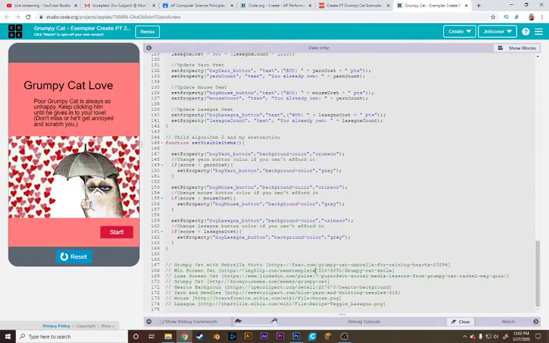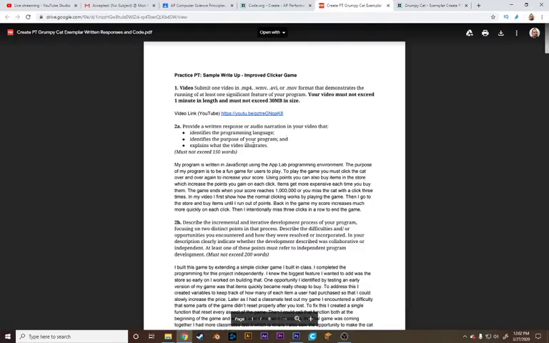And then down here at the bottom, they have a reference for where all of the photos came from. From what I understand, that's somewhat optional, but I think it is just really good practice in writing code to begin with. Okay. Now let's take a look at some of the written responses, because you're going to have to do the exact same thing.